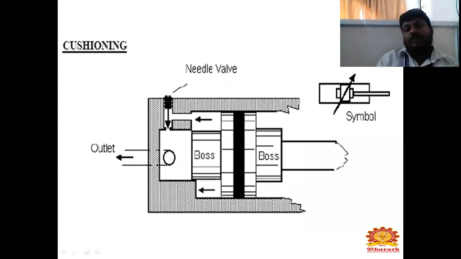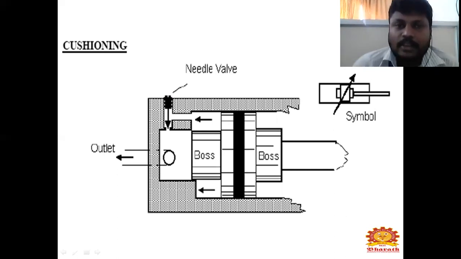And next one, cushioning. What is cushioning and why is it used? First, let us see what cushioning is. If a cylinder is moving in the front and back positions, it will be having a certain amount of speed. If the speed is high, the cylinder cap end will come in contact with your cylinder and it will create some friction inside the cylinder. To avoid that and to avoid this shock, you will be using cushioning as a shock absorber, so that it will not be damaging your cylinder. So only you will be using it.